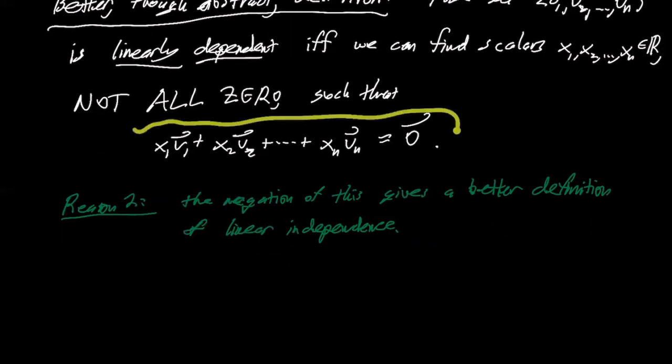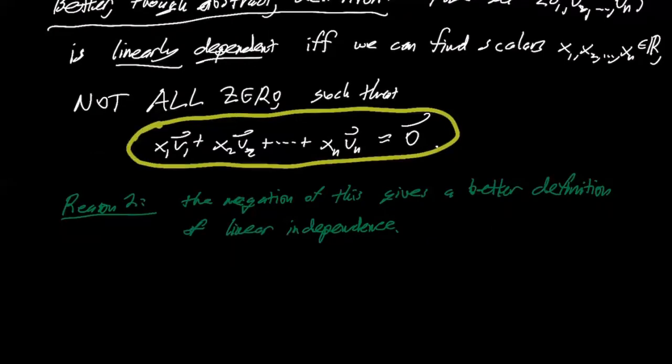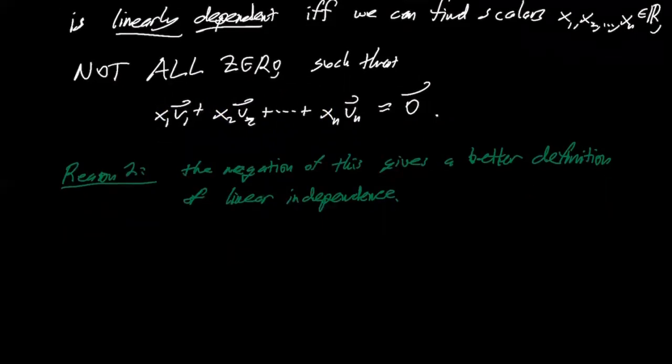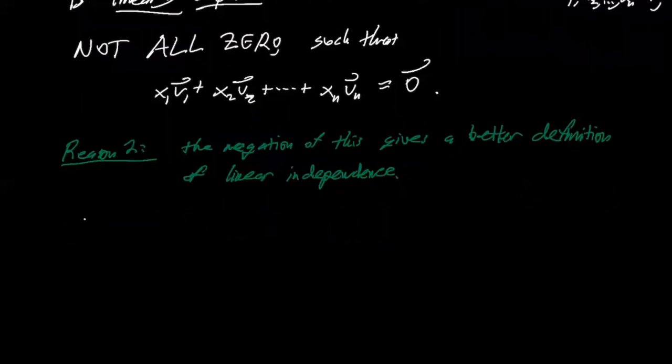This statement right here says it's linearly dependent if we can find some constants, some scalars, x1 through xn, not all 0, so that this is true. But notice, this is true if all of these are 0, right? And so there is sort of a trivial version of this. So what we're going to do is give the formal definition: the set v1 through vn is linearly independent